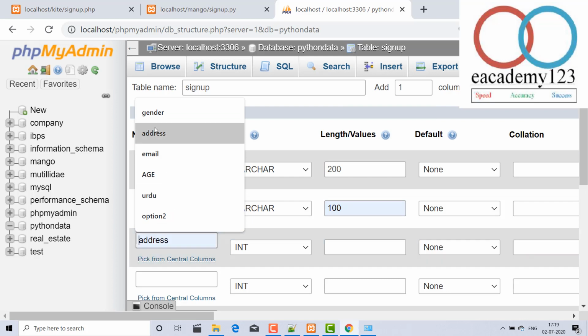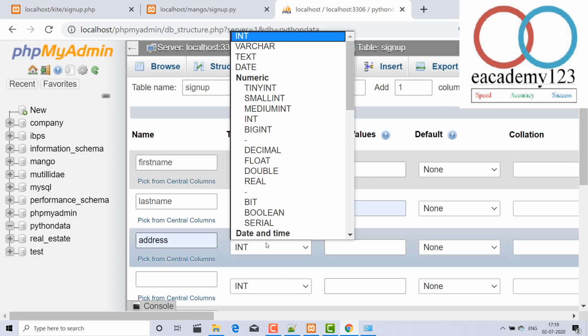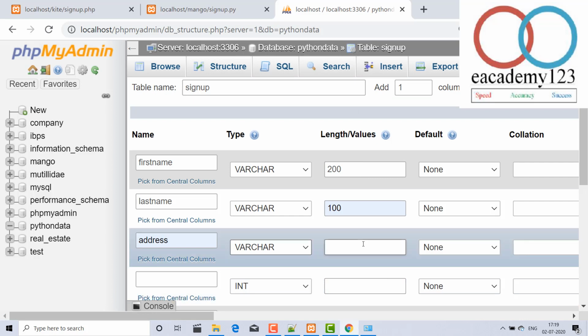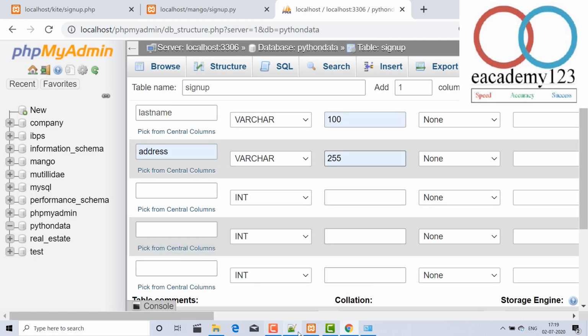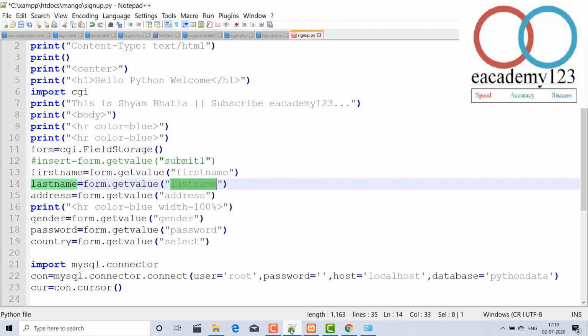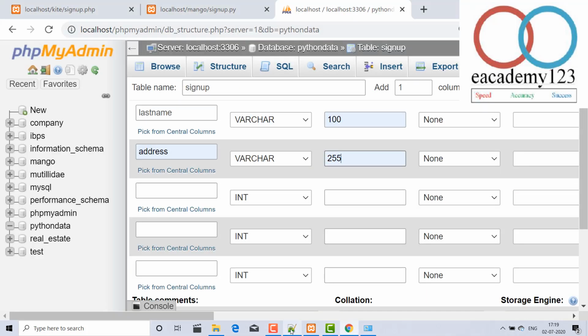And after that, what is the address? I am taking it fast to save time. Okay, and after address, gender, password, and select gender.